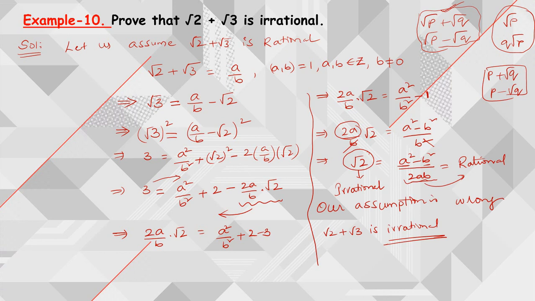So these are the three types of models. The first one is where you directly have root p or q into root p form, and there we need to prove that it is irrational. The second form is p plus root q or p minus root q, where only one term contains a root. The third form is root p plus root q or root p minus root q. These are the main forms which we have in this particular chapter to prove that they are irrationals.